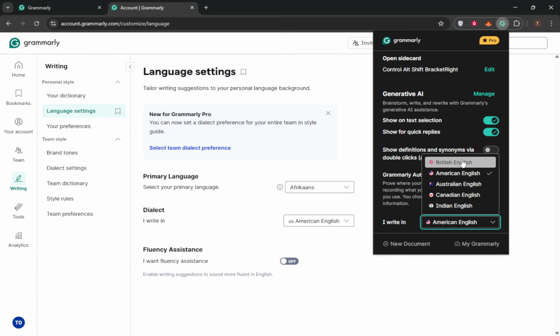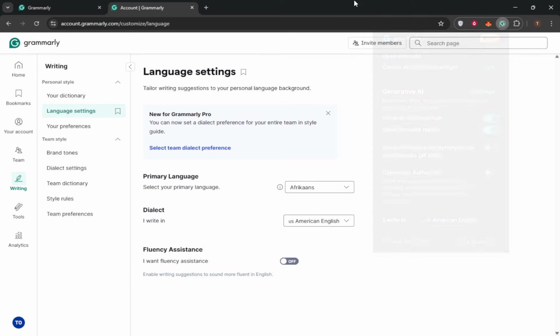With these preferences in place, Grammarly will automatically use the dialect's spelling, grammar, and punctuation conventions that you've selected. This way, your writing remains consistent and clear across all your documents, presentations, or wherever you deploy your writing. Remember, these settings can be changed whenever you need, so feel free to adjust them as your projects demand or